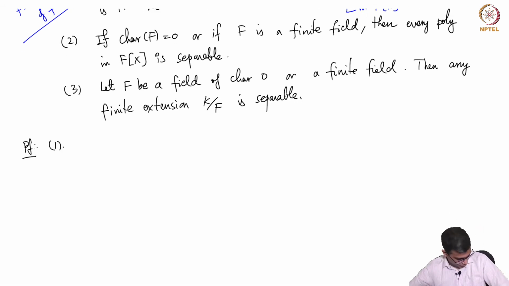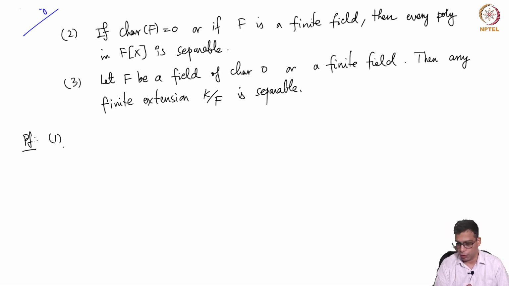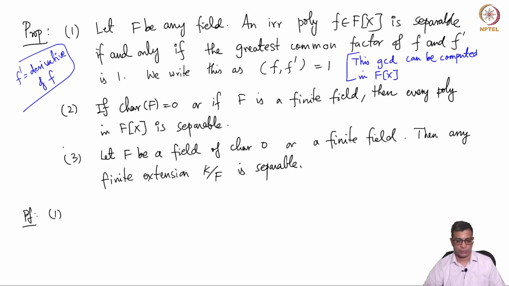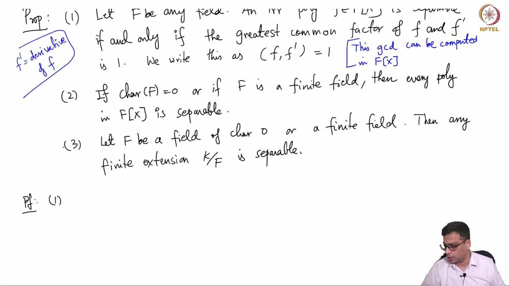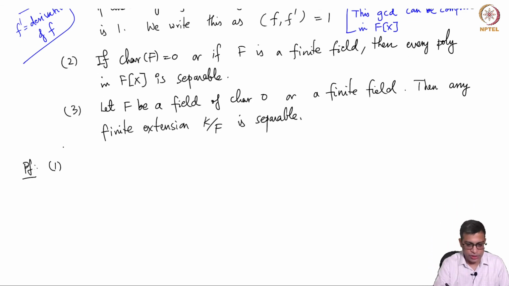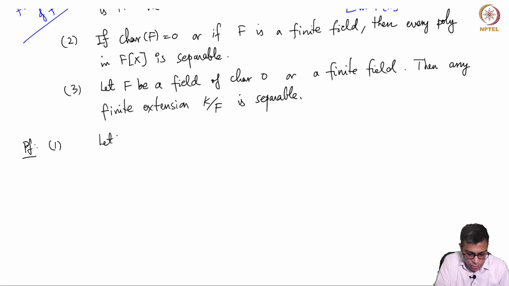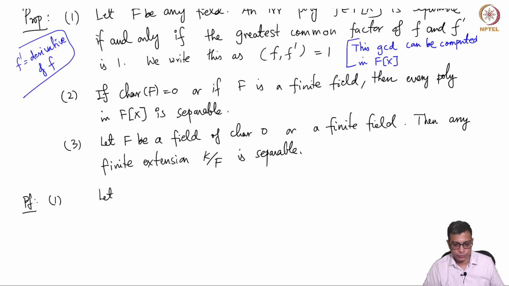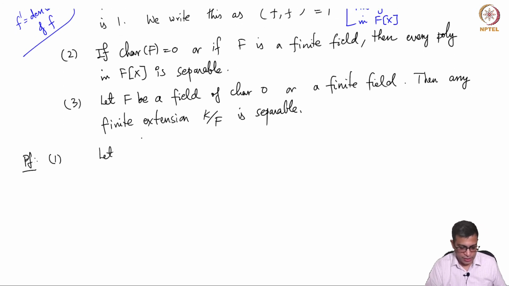So let me quickly prove this. As I said, my goal here is not to do this in a comprehensive manner, but give you a quick idea of how to prove this. Again, this is something that you would have seen in any course on field theory. So just to prove 1, the crucial idea is the following. Suppose a is in F. The point is, this is a general point, which I will write first.